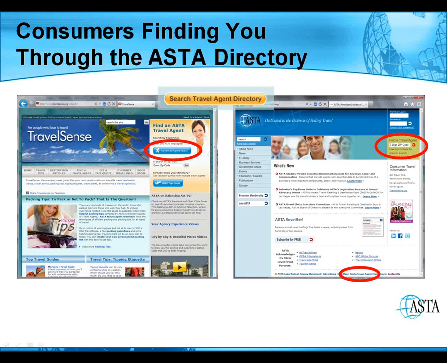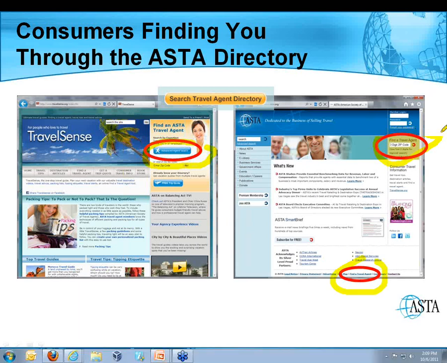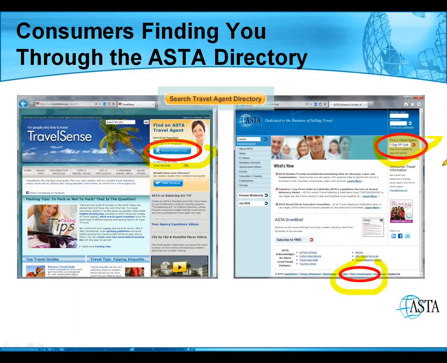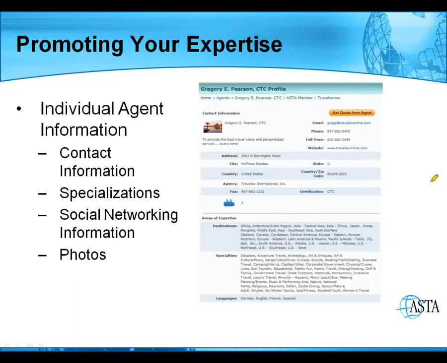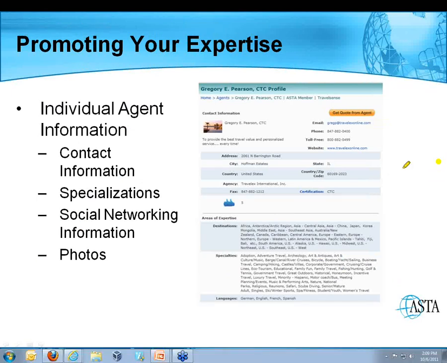And why is that? Well, your profile on the Find a Travel Agent directory makes you even more accessible to consumers while promoting your expertise. Consumers have the ability to find you through the directory searches located on TravelSense.org, and that would be these three highlighted areas here. The links to the directory are located where I've highlighted below. Consumers can easily look at your profile and see the areas of expertise, making them more likely to select you